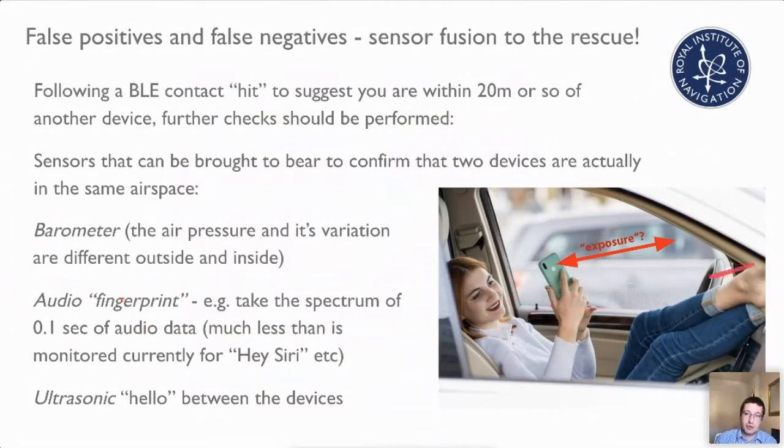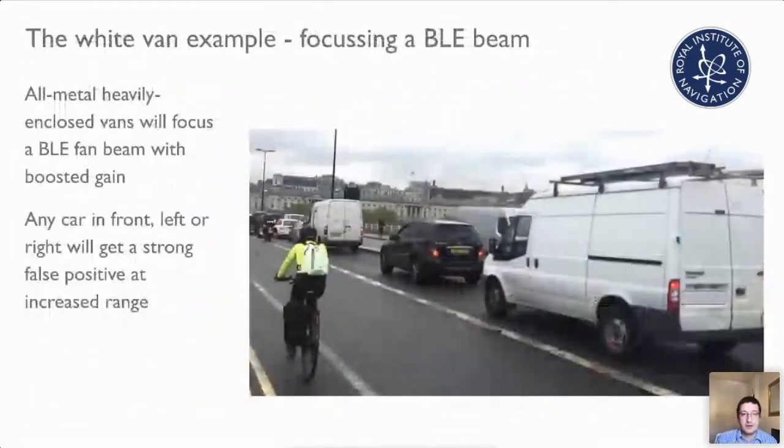And this will be a big problem with things like people stuck in traffic, that there'll be lots of exposure notifications going off between phones in different vehicles in stationary traffic when the people have actually not come into contact with each other at all. You can also do an ultrasonic ping between the devices instead of a Bluetooth ping, and more on that in a moment. But one thing I quickly wanted to note about cars stuck in traffic,